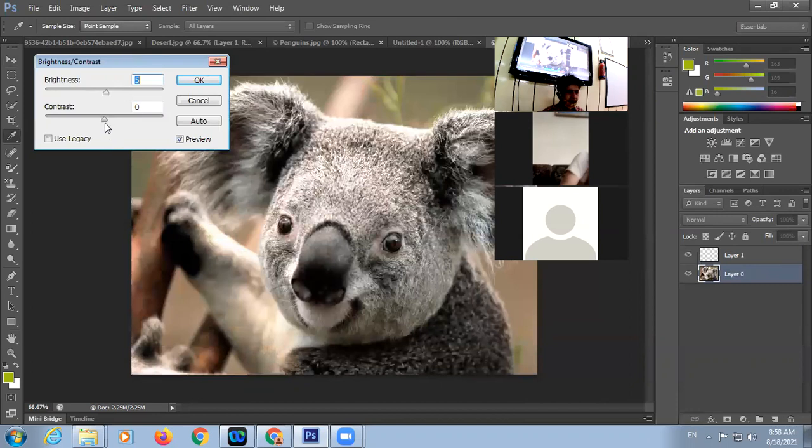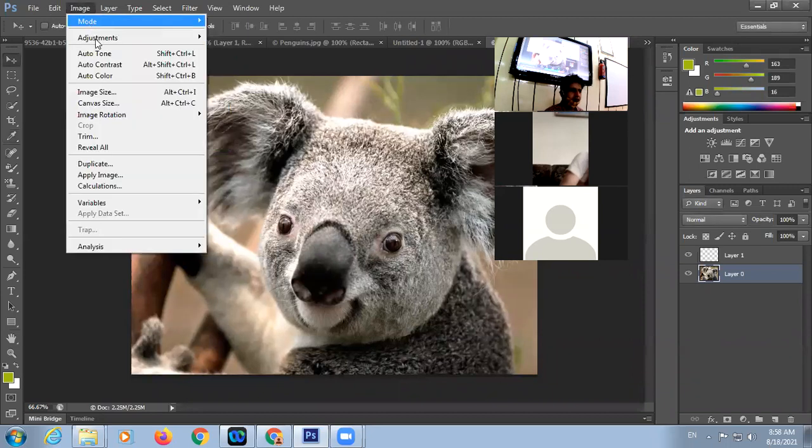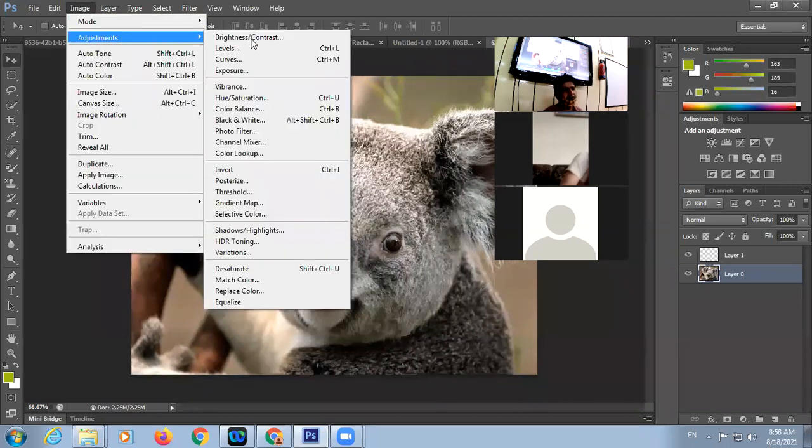Okay, Bani, it's working. Students, open the image. In image, and then adjustment, then brightness and contrast.